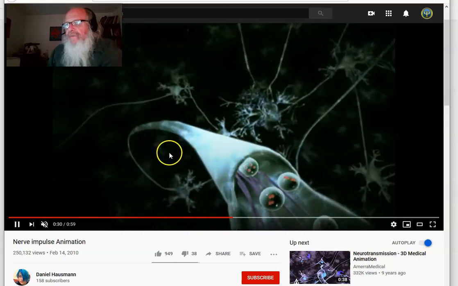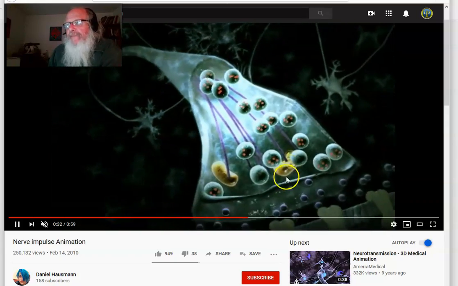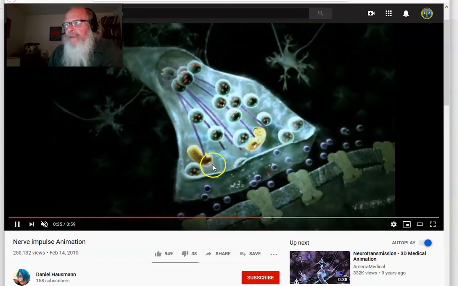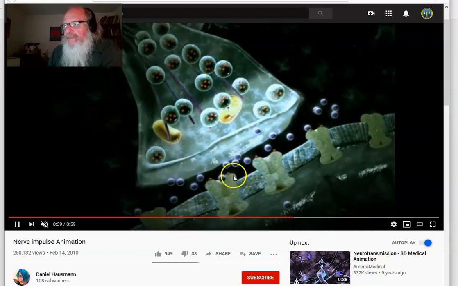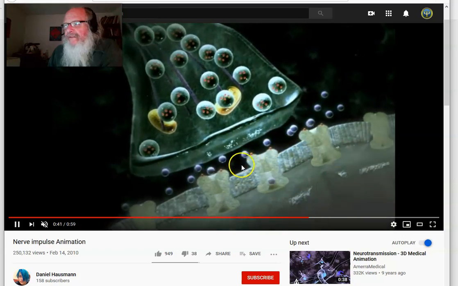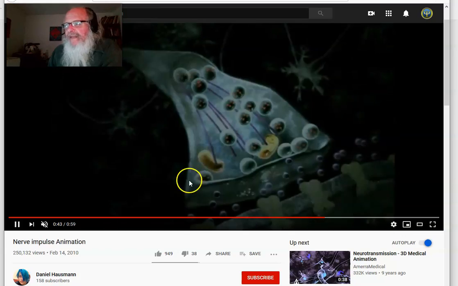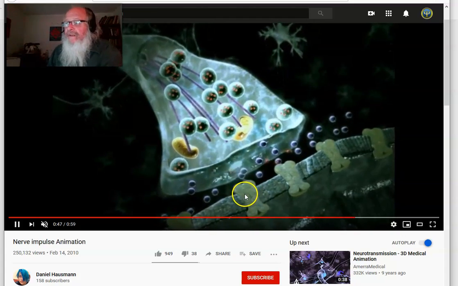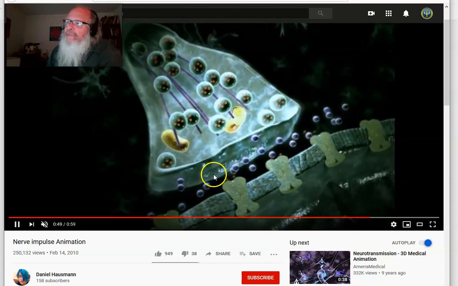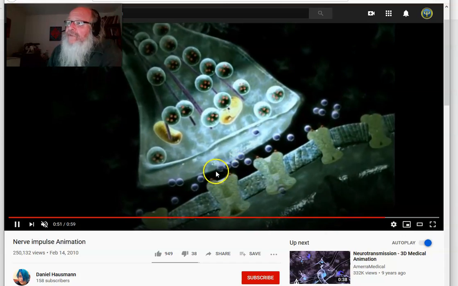The action potential reaches an axon terminal, pushes the synaptic vesicles up against the cell wall, which releases neurotransmitter chemical molecules out into the synapse. They bind to receptor sites, and in this case, they send a turn on message and cause these gates to open. Now these little blue spheres